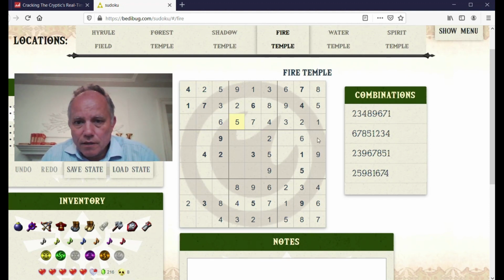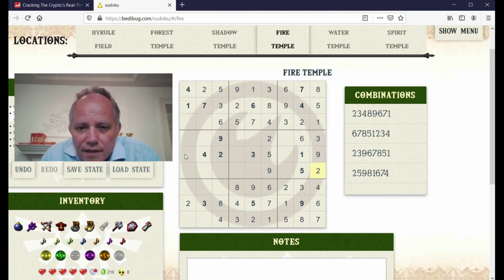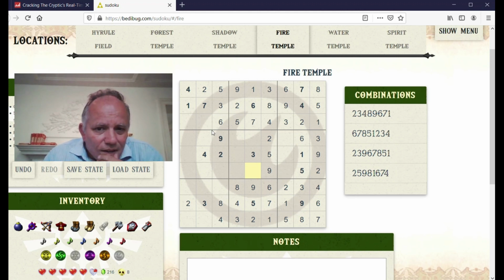6, 1, 5, 9. 3 and 2. 4, 7, 8. 6, 7 and 8 to go in here. 1, 7, 5, 6 and 9. Oh my goodness, how does this disambiguate? 1, 7, 6, 4 and 8 there. I mean, I'm afraid I think we're stuck in...